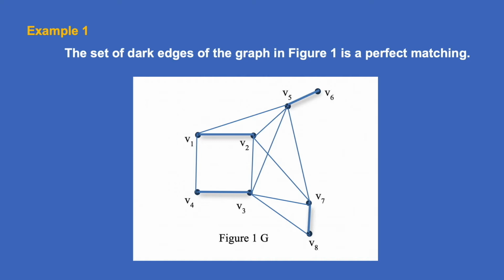Okay, so we consider those edges now, we put them in a certain set and we call that set M. It is a collection of independent lines, right. So, since it is a collection of independent lines, we will be calling that a matching. So, here I am having a matching right now, and as you can see, V1 belongs to an edge V1, V2. So, consider the edge V1, V2, the end points of that particular edge are V1 as well as V2. So, we say V1 is M saturated as well as V2 is M saturated. So, here all the vertices in the particular graph G are M saturated, which means this is a perfect matching according to the definition.